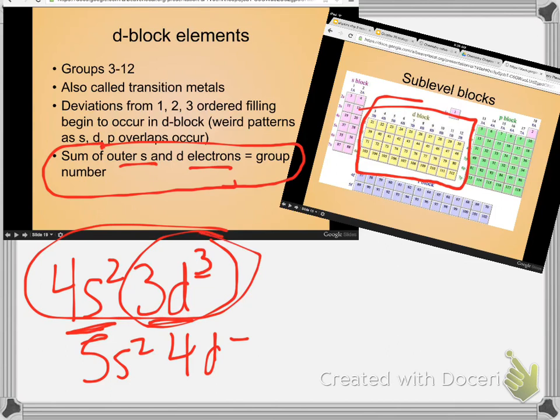What group is that in? 5. Yeah, that's a group 5 element, and actually that's vanadium. Group 5, period 4. If I tell you that this is 5s2 4d6,